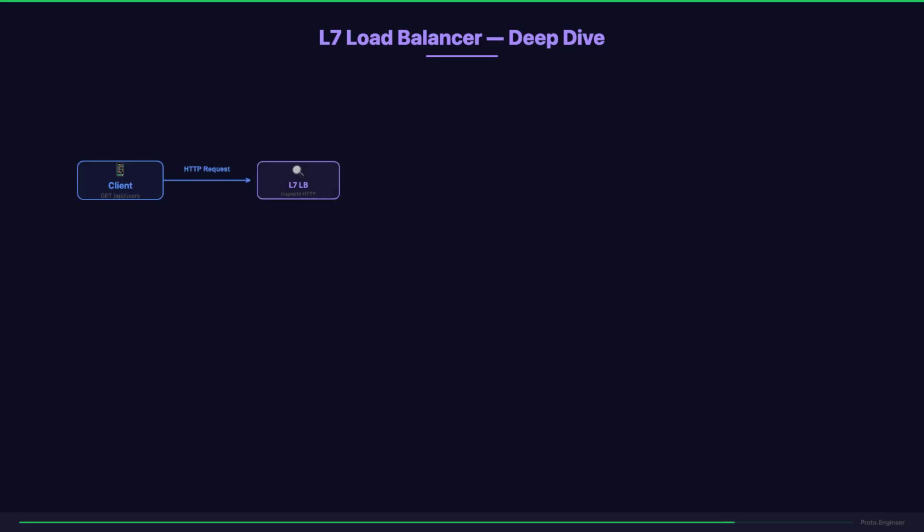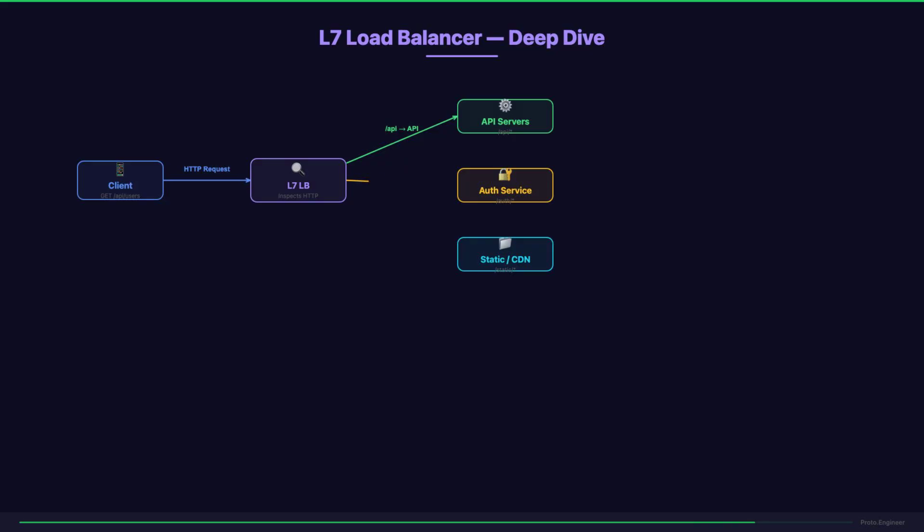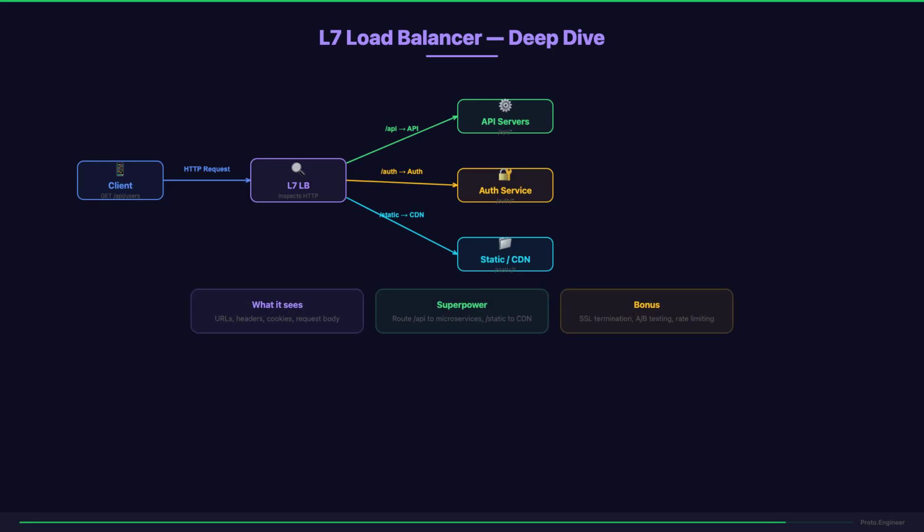L7 is the smarter sibling. It actually reads the HTTP request. When a request comes in, the L7 load balancer inspects the URL path, headers, and cookies. Based on rules you configure, it routes /API requests to your API server pool, /auth requests to your authentication service, and /static requests to your CDN. It can also handle SSL termination, meaning it